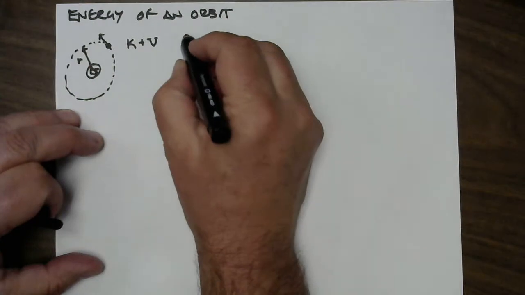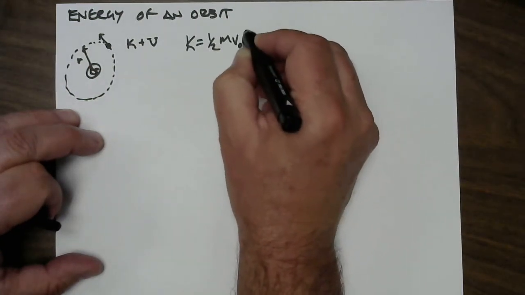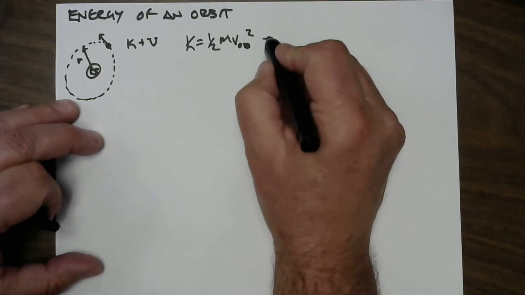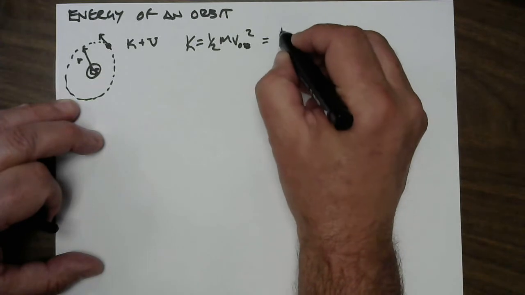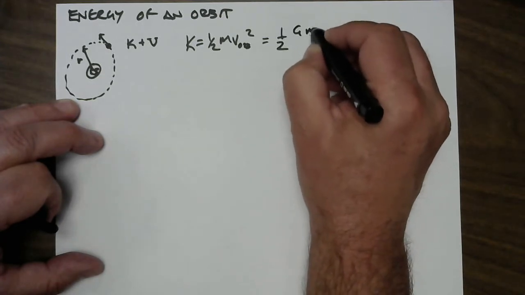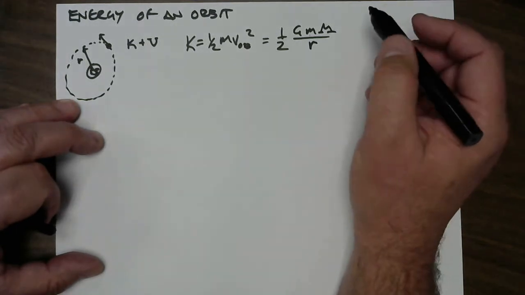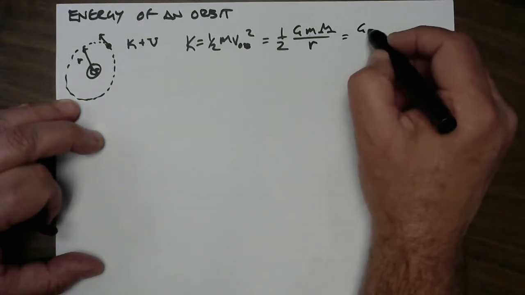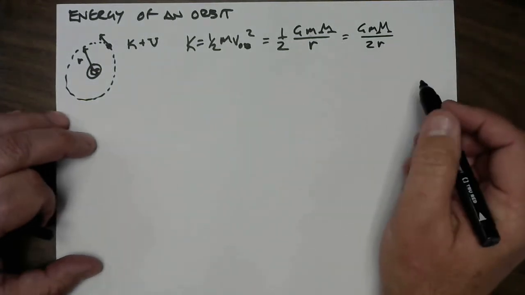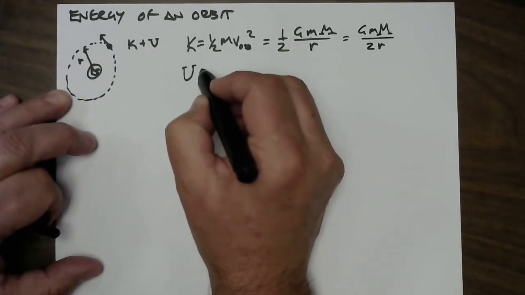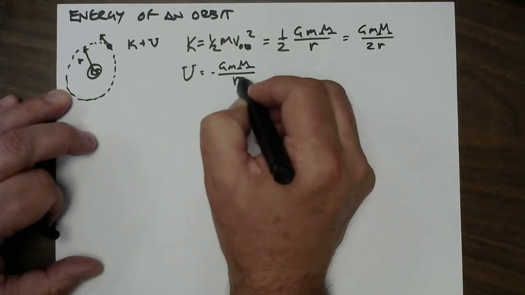Okay, so the kinetic energy part of it is easy. It's 1/2 m v orbit squared. And v orbit had a square root in it, so that's going to unsquare root it. And we're going to wind up with 1/2 G M m over r. Or I guess I could just write it as G M m over 2r. But the potential energy part of it is going to be minus G M m over r,